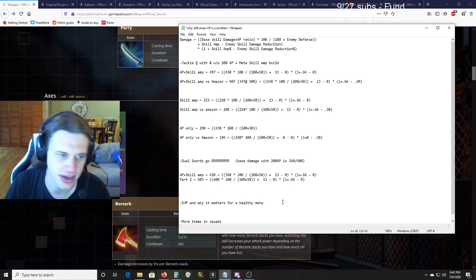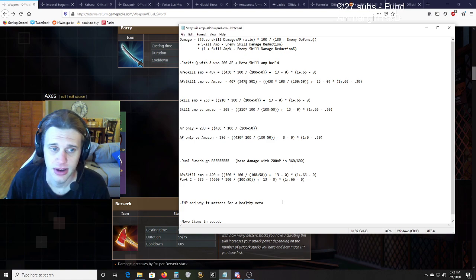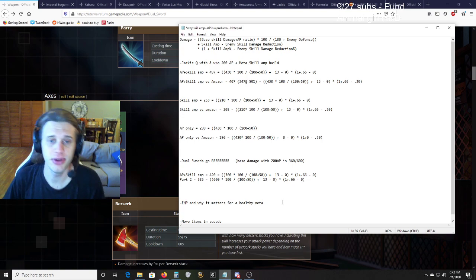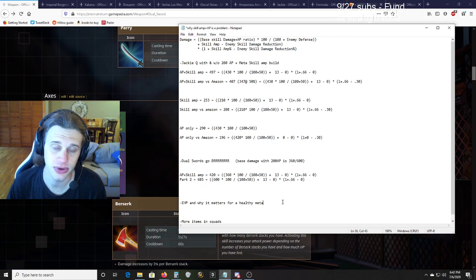So the next thing we're going to talk about is effective HP and why it matters for an effective, or at least healthy, meta. Right now, I don't know if you've noticed, but Luki has quite a cool build where he picks up a few HP items and some normal attack damage reduction, so early game you're not really getting hit that hard because all you have are auto attacks. But he grabs HP items, and I've actually been saying Schrodinger's box is really good, not for the skill amp,